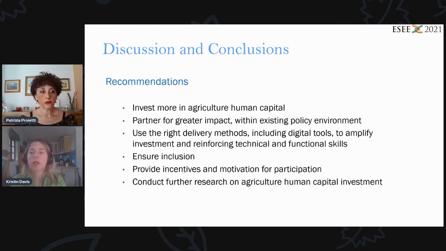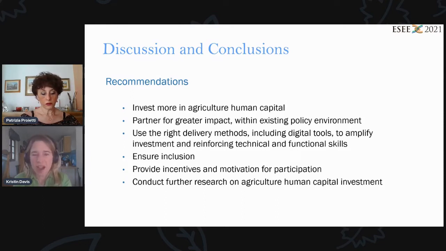You also want to ensure inclusion, and of course, program design should take into account the social factors, the cultural factors, gender factors, economic factors that are going to affect participation in a program, that are going to affect the learning by the farmers and the others who are involved in the program. As I mentioned earlier, incentives and motivation for participation are really important. So you want to provide people with the right incentives. So they're going to get a link to market through your program. They're not going to just get skills and then sit there. They're going to have opportunities as well as the skills.